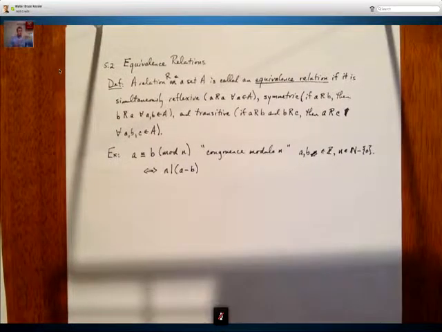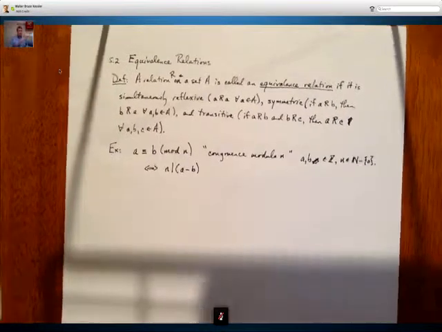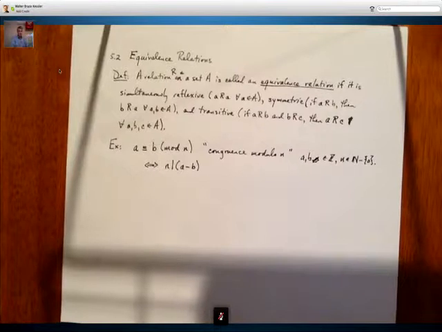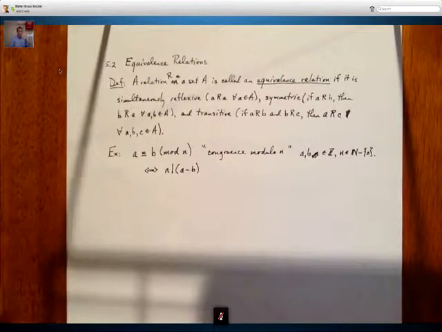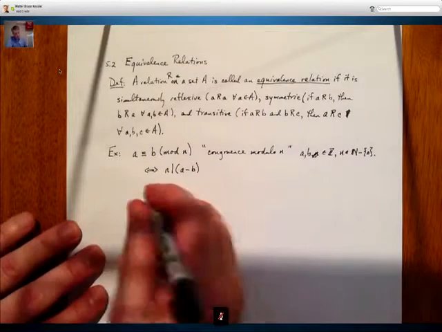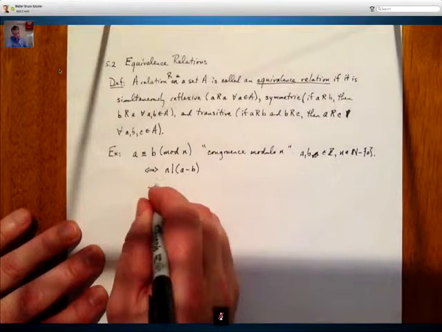A is congruent to B mod n if n divides A minus B. Okay? And in the case that we're dealing with, where A and B are integers and n is a non-zero positive number, this is basically equivalent to